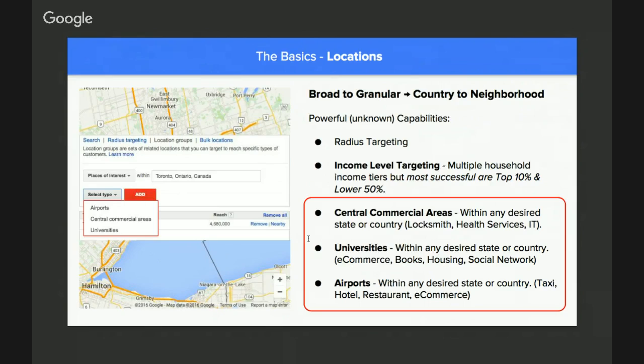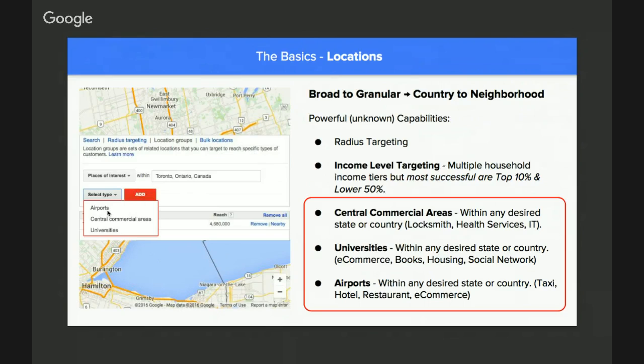The next thing is universities. So if you sell books or you do something with housing or social networks, or if you're an e-commerce company looking to target students or people that surround a college, you might want to target universities. So you can say, I want to target all universities within the United States or all universities within Wisconsin. You can really decide what the location boundary is right here, and then you can pick universities, central commercial areas,